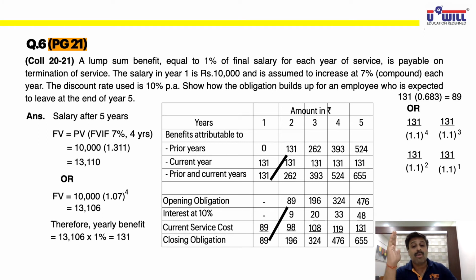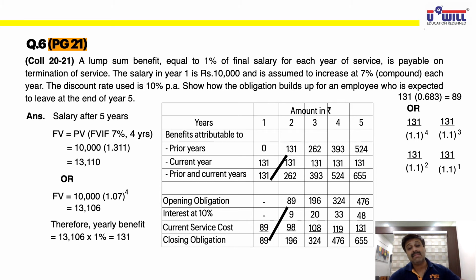Now you can understand how complex this defined benefit plan is. We have taken an example of only 5 years, and such a simple example, 10,000 salary, 7% increment. Imagine the position of a joint stock company which has 1,500 employees and they are going to retire after 25, 30, 35 years. What return will the company calculate? What will be their salary at that time? So many complexities are involved.